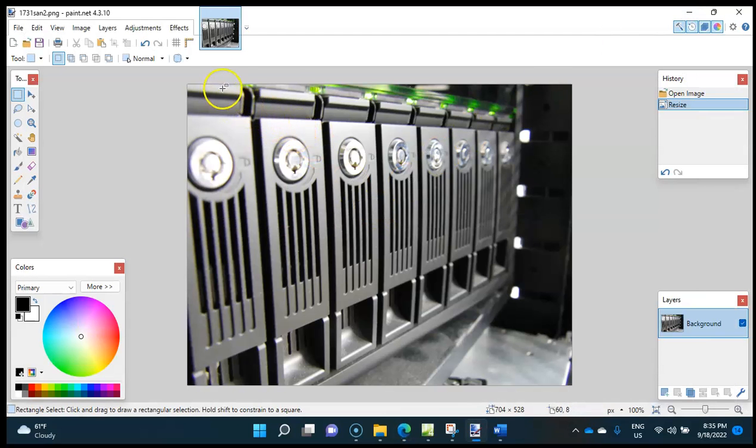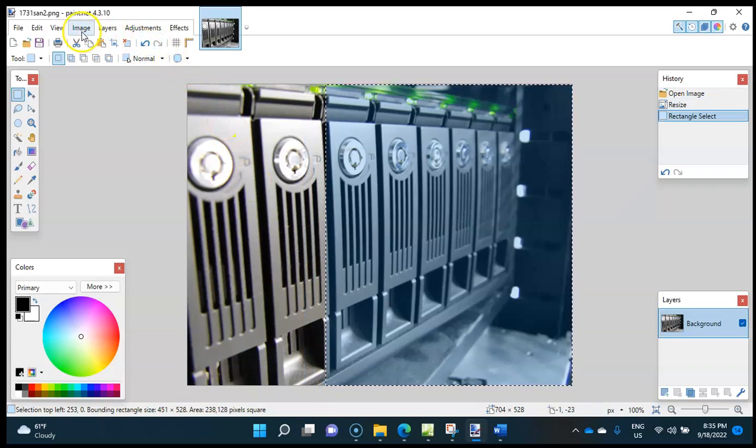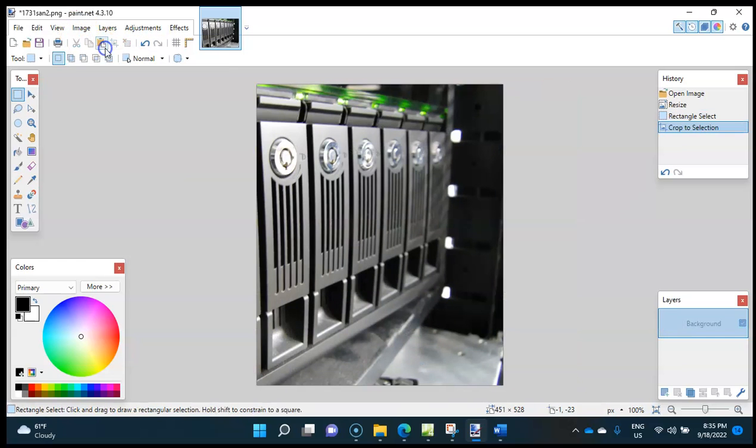Okay, so I need to remove the right. So I can select it. We select what we want to keep. Let's try and have it here. Let's see what this does. So if I select Crop,